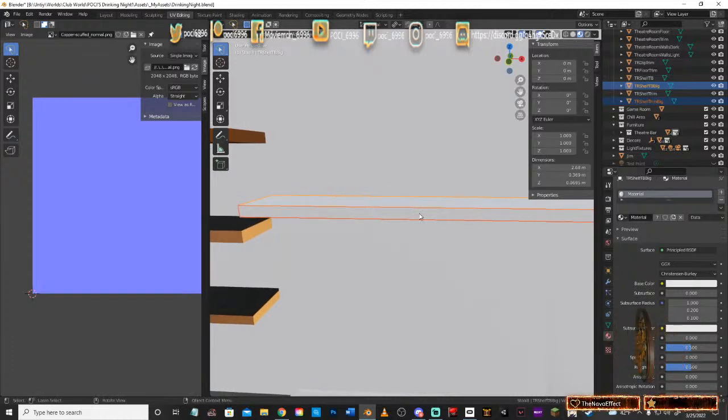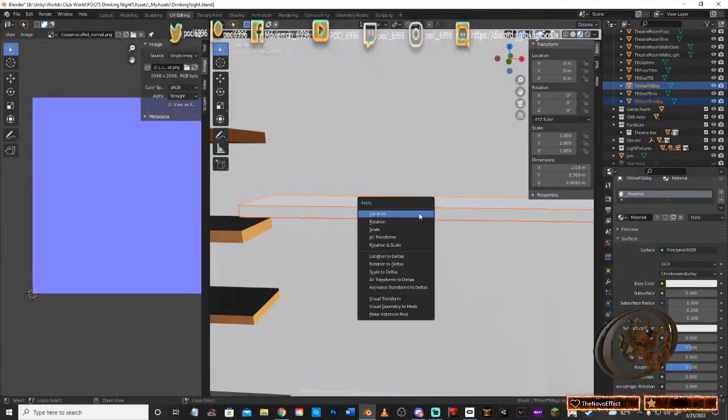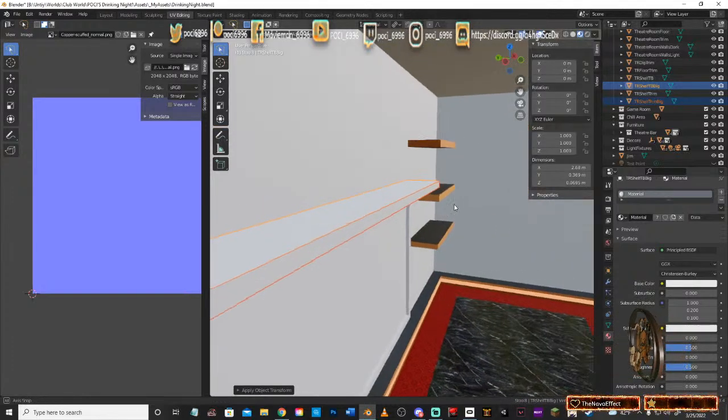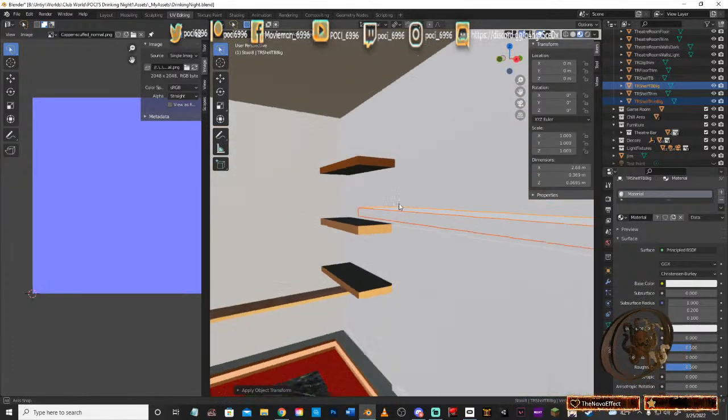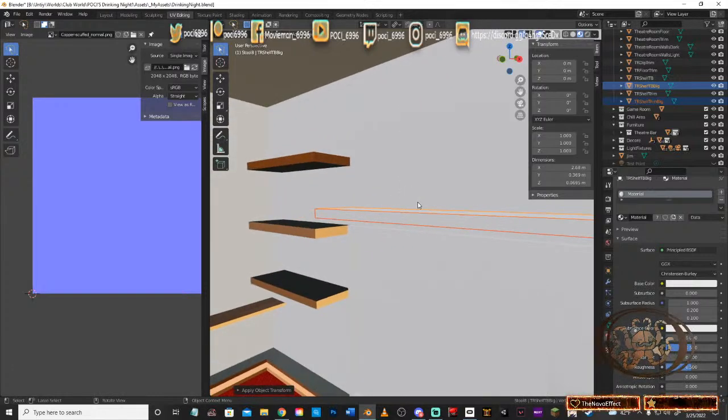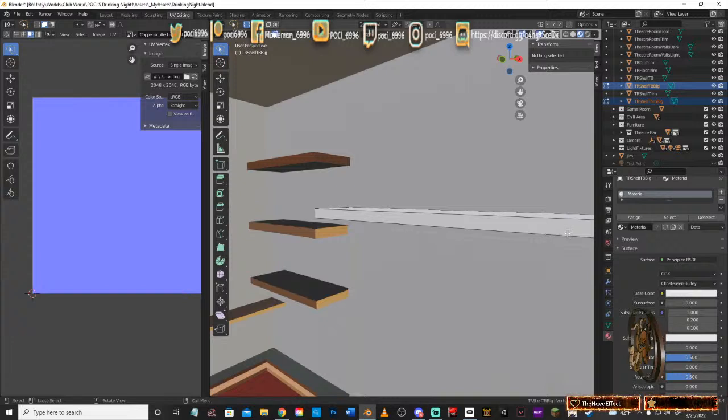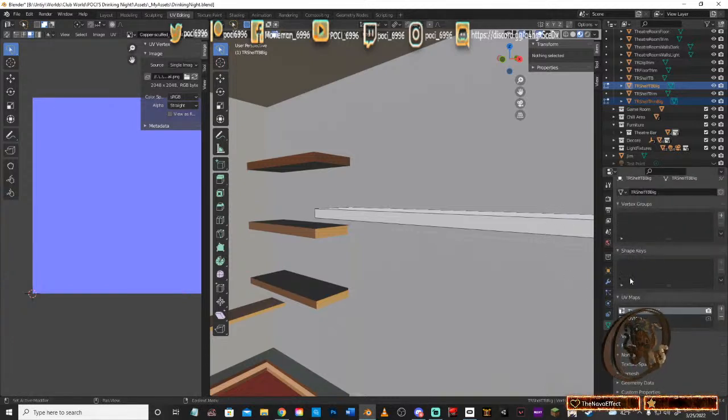But you have to remember, Control A and apply the scale. Scale is very important. Don't apply anything else right now, because at the end we're going to reapply the scale. We also have to go into, since we have these two, watch this. We have these two, hit Tab. Now we're editing both. So technically, if we really want to, we can do